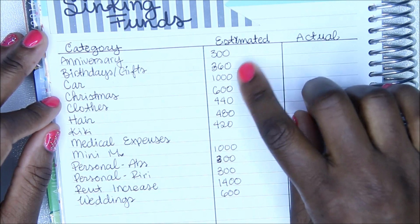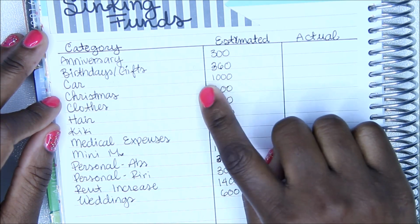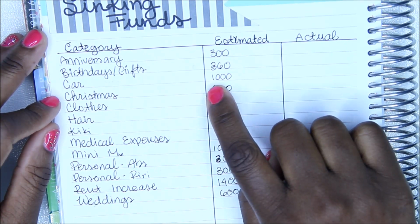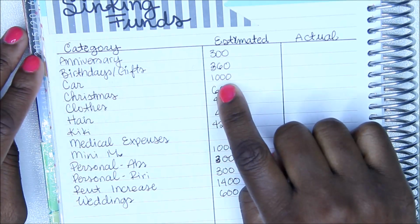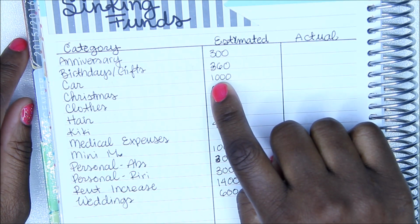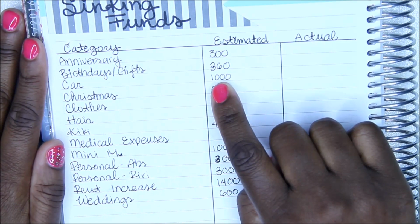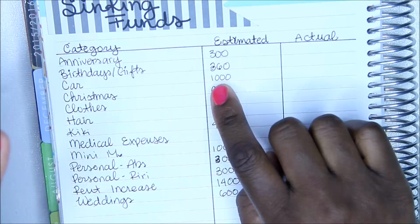So for instance, for our cars, we estimated about $1,000. This is actually combining car maintenance as well as car registration, which you'll see we have two different sinking funds for, but we just lumped everything together. With this, it varies a little bit, and we really just focus on the registration aspect, but we do also fund our maintenance sinking fund as well to make sure that we have enough in there for whenever we need